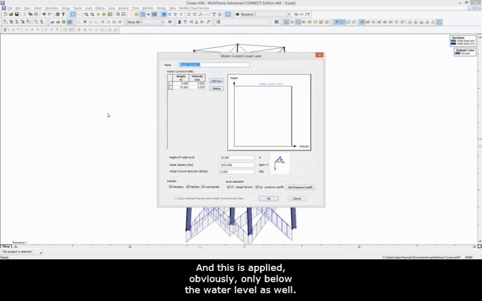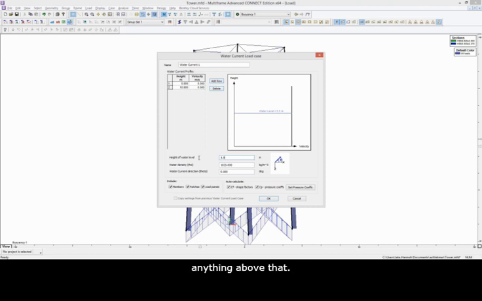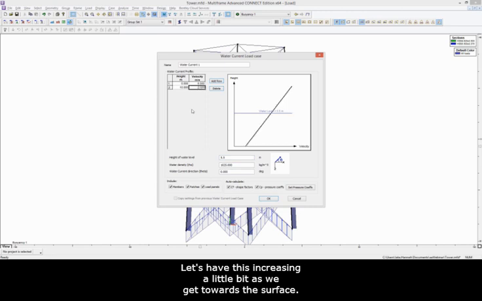And this is applied obviously only below the water level as well, so if we add our water level at 5.5 metres, that'll cut off and not apply water current to anything above that. And we can add a velocity profile which could be constant or might vary. Let's have this increasing a little bit as we get towards the surface. Again, water density, and we can apply direction. 45 degrees, this direction is in reference to the global XZ axis, and